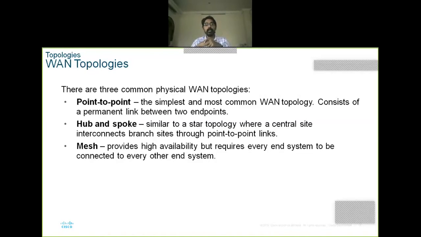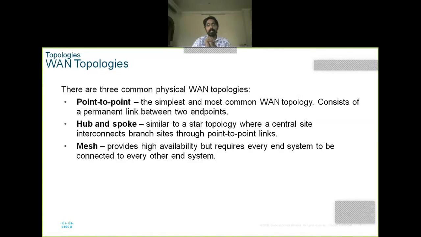Next, hub and spoke. You already know hub. To the hub, we will connect all the end devices. Multiple devices can connect to the hub, which acts as a branch site. Through that hub, we can establish communication between different systems or nodes. Like mesh topology.